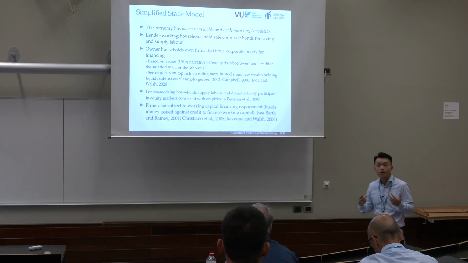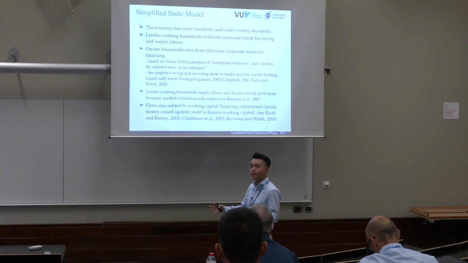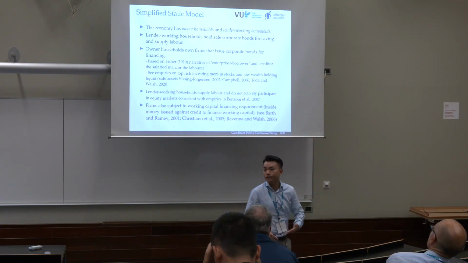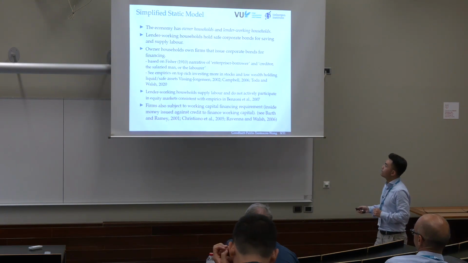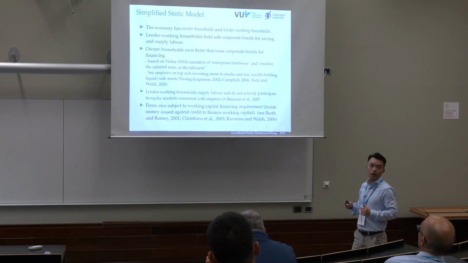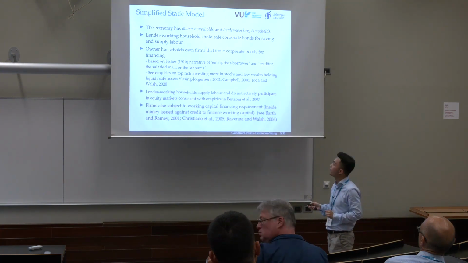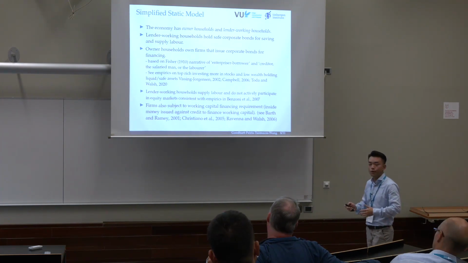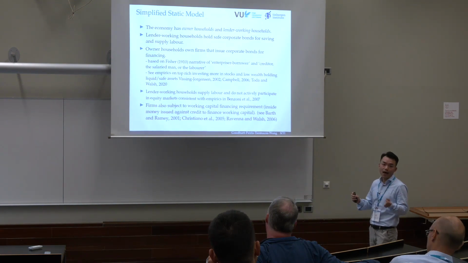So we can think of the owner households as the top, extremely rich people in the economy holding a lot of shares in their stock portfolio. Think of Bill Gates and people like that, the top 10% income group. Whereas the lender working households supply labor and hold a lot of fixed income securities in their portfolio. And this is consistent with the familiar narrative of the economy consisting of an enterprise borrower and a creditor, the salaried man or the laborer.